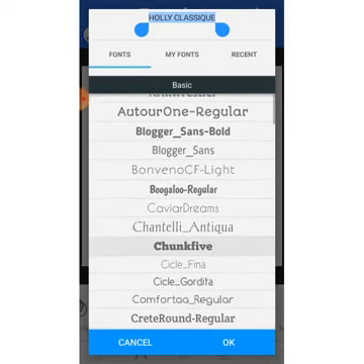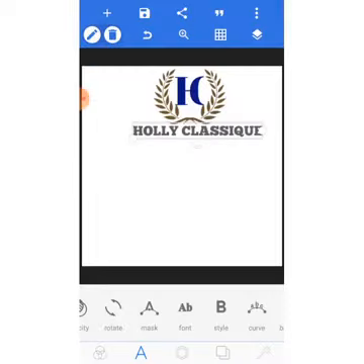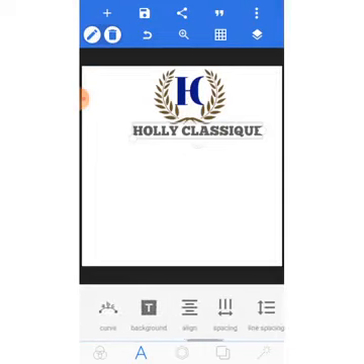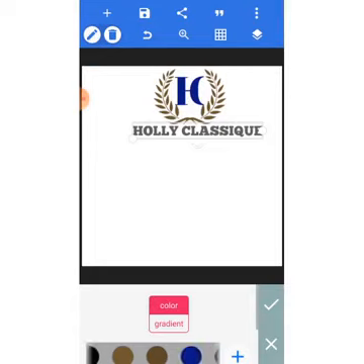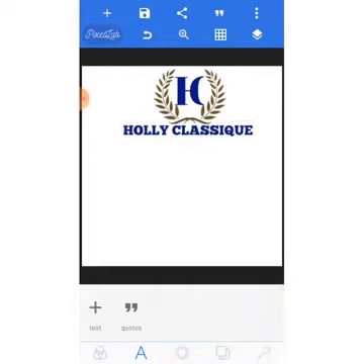So I'm going with this chalk 5. Then click on OK. Then I also change the color. I'll change the color to blue. So can you see it now? So I think it's okay by me now. Now the next thing I'm going to do is to add my